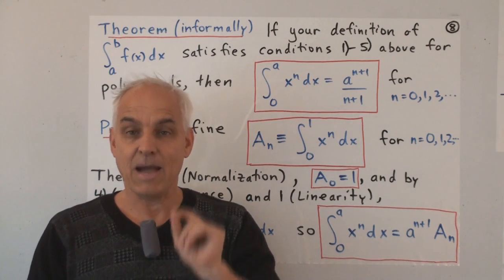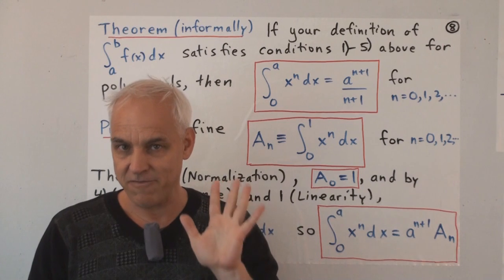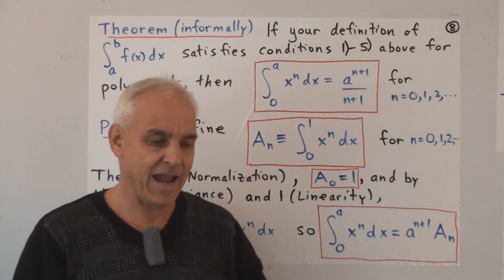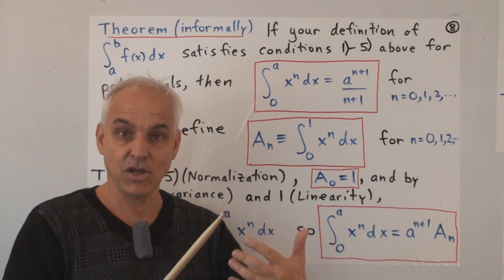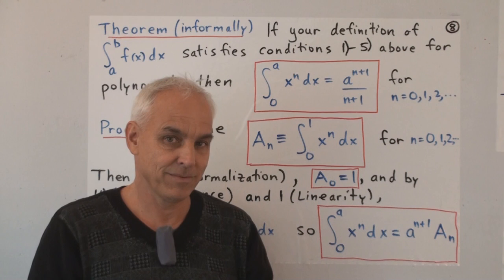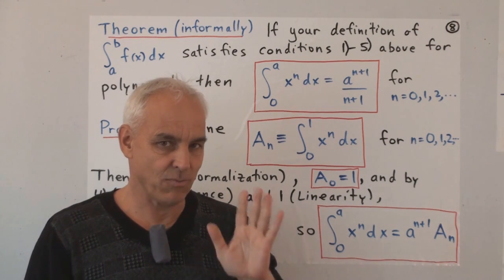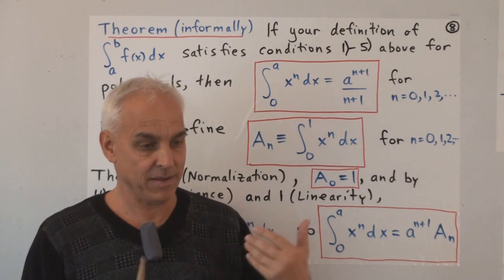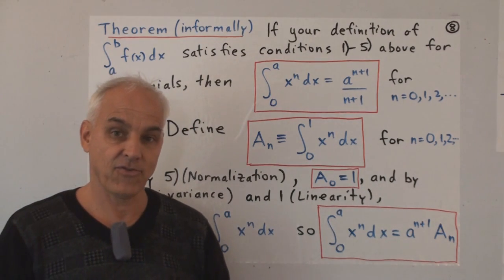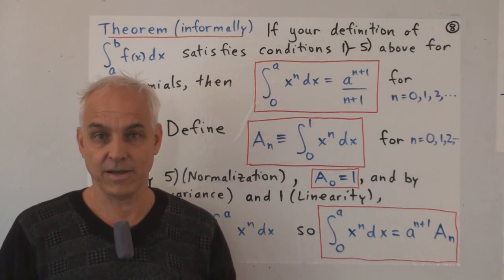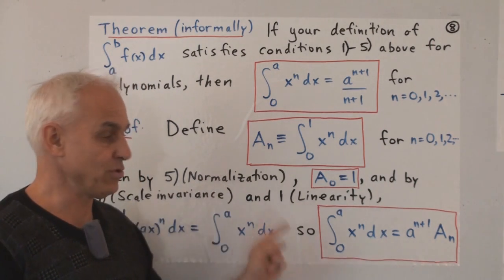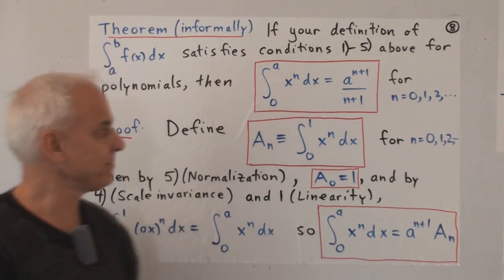How am I going to do that? I'm only going to use those 5 properties. So I'm going to circumvent any infinite processes that you have used in your definition of the integral. Okay, it takes some while to get the idea here, but the idea is actually very simple, and you're going to see that the calculation is remarkably elegant and simple. You'll all be able to follow it. It's only 2 slides long.